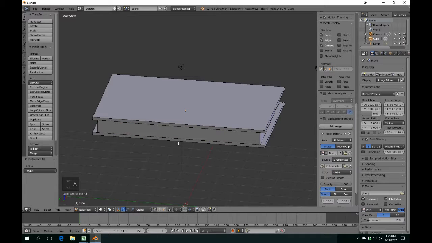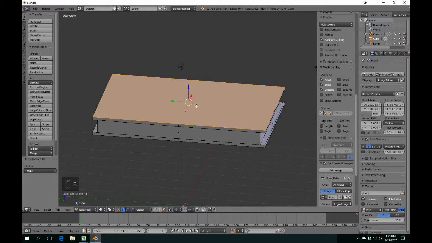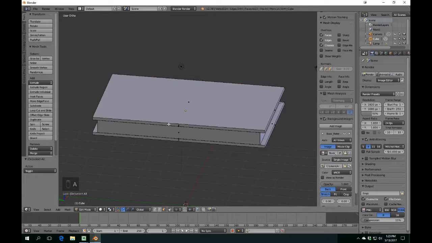Now we want to go into face select mode. And what this allows us to do is select one whole face. And a face in Blender terminology is the flat, or should be flat, gray surface made up by a minimum of 3 vertices and 3 lines. So the ones we want to select are going to be these here